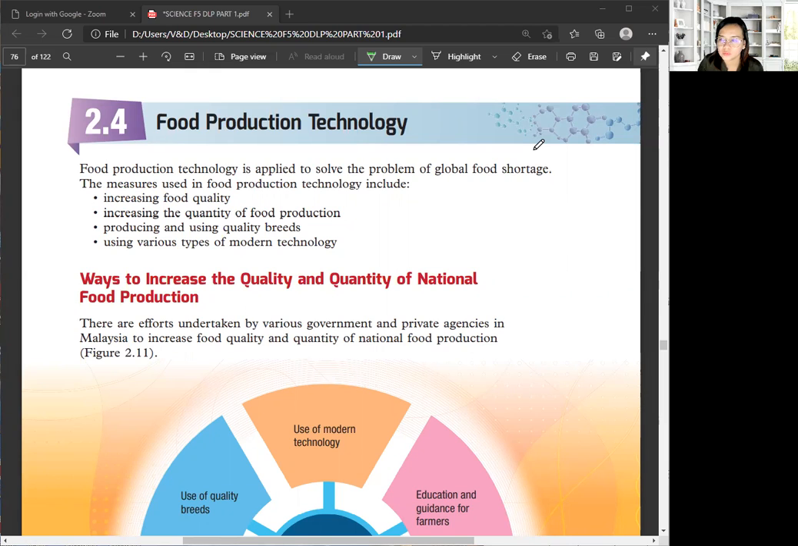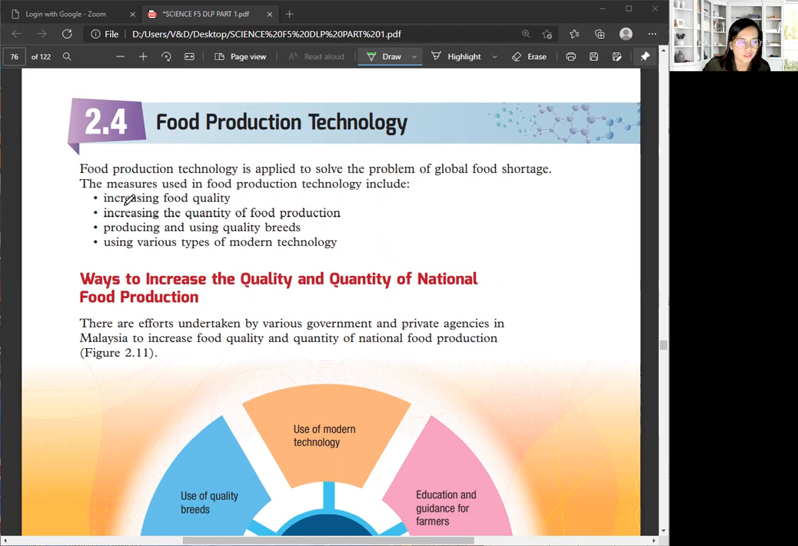Before we start, please refer to your science textbook, pages 66 to 74. Now, 2.4 Food Production Technology. Let's look at this text. Food production technology is applied to solve the problem of global food shortage. The measures used in food production technology include